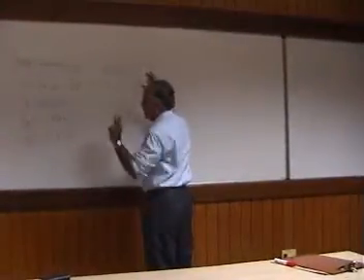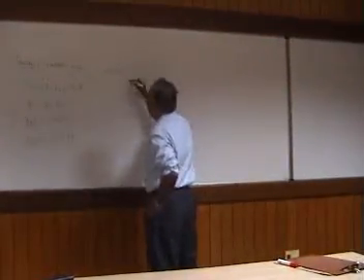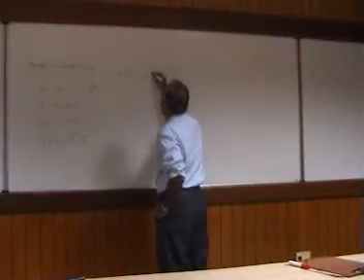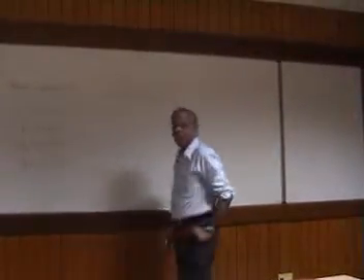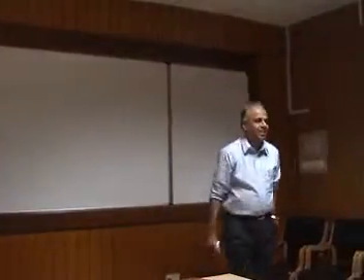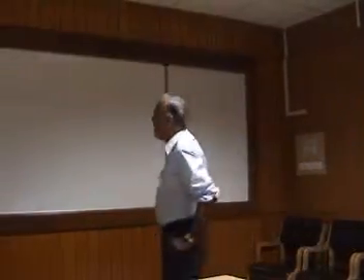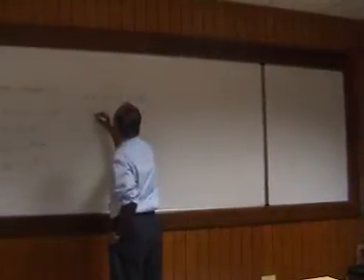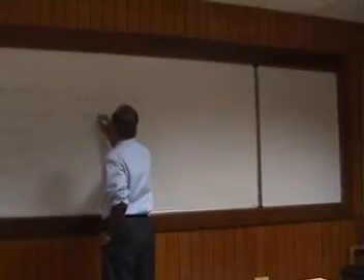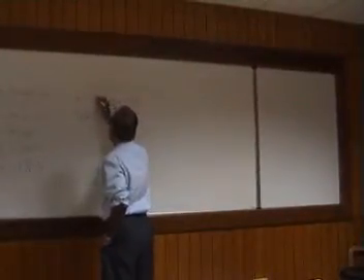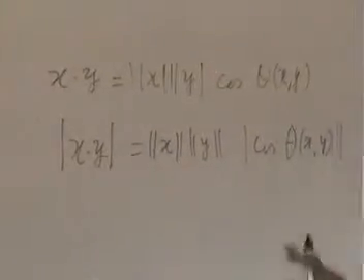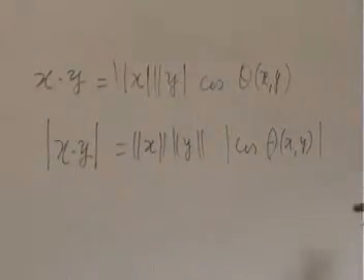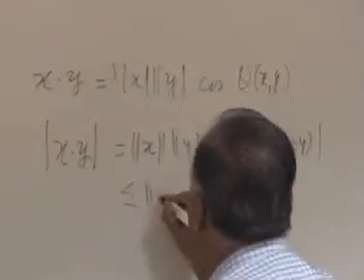We are taught in the vector course that geometrically x dot y divided by the product of the lengths is equal to cos of the angle between x and y. This is one of the things we are taught, and from this it follows that the modulus of x dot y, the dot product, is equal to the length of x times the length of y times the modulus of cos theta xy. Every child knows that cos theta lies between -1 and 1, therefore mod cos theta can be at most 1, and therefore